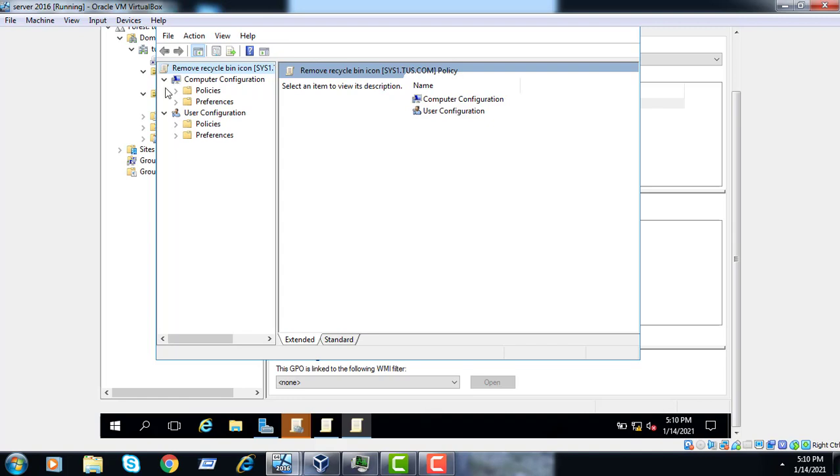Whenever you assign this to users, you have to go to User Configuration, not Computer Configuration. Go to User Configuration, then Policies, then Administrative Templates.